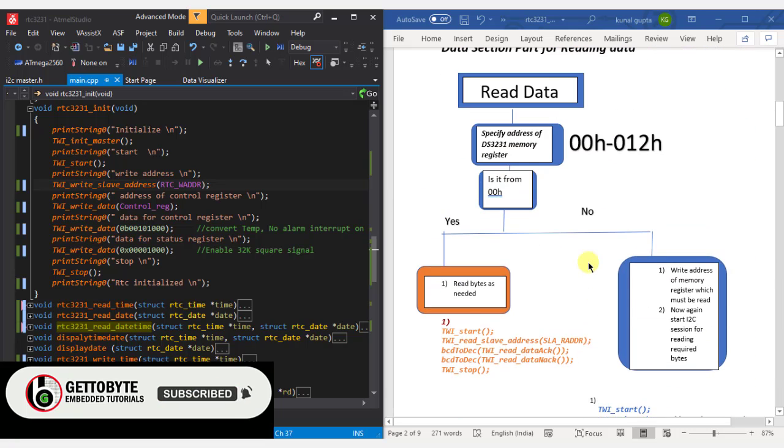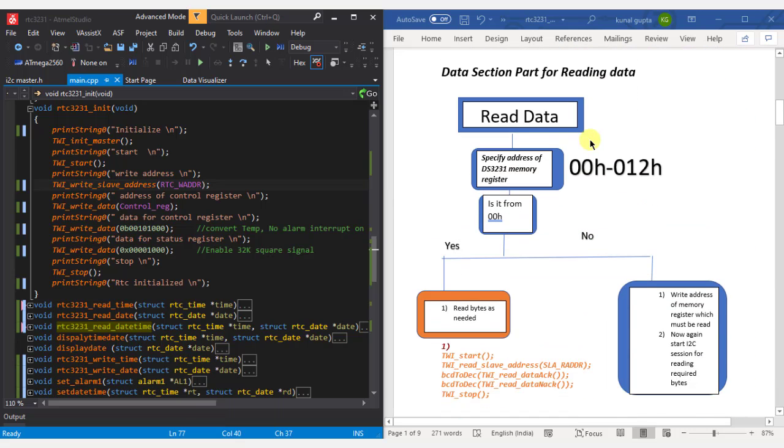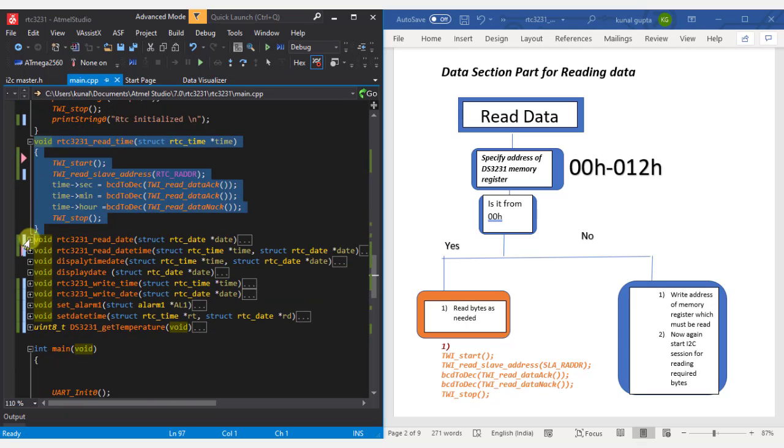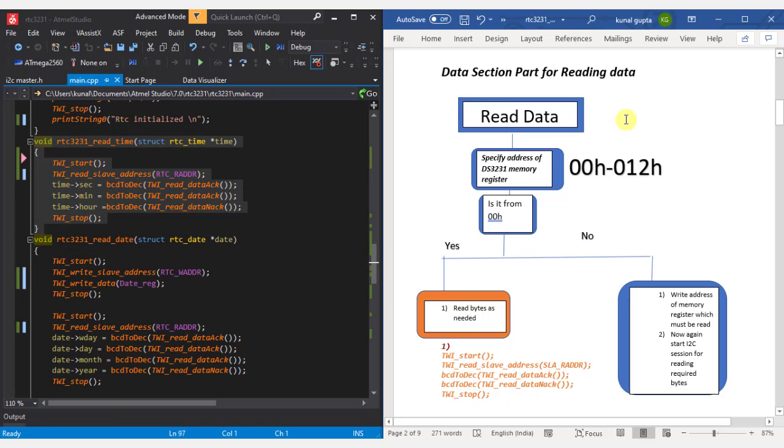When we will be reading the data, first of all, we specify the address of the DS3231 memory register. So first I will specify the memory register on which I have to do the read operation.